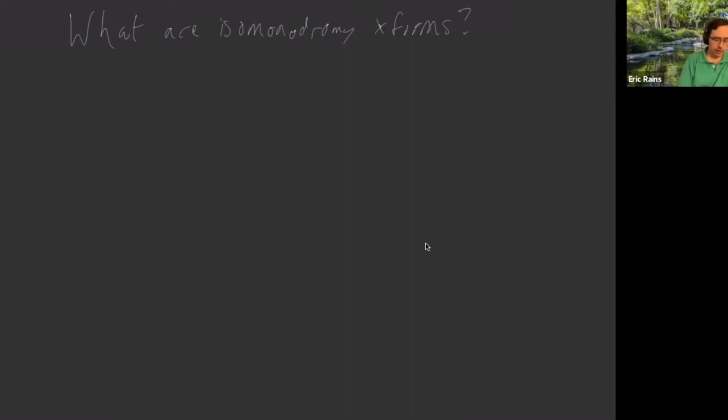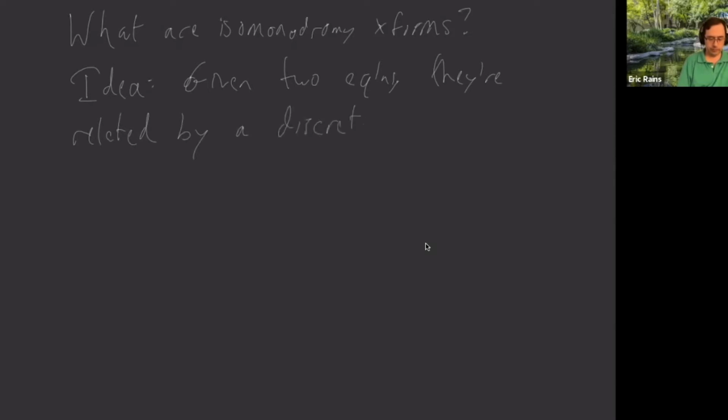So the idea is, given two equations, they're related by a discrete isomonodromy transform